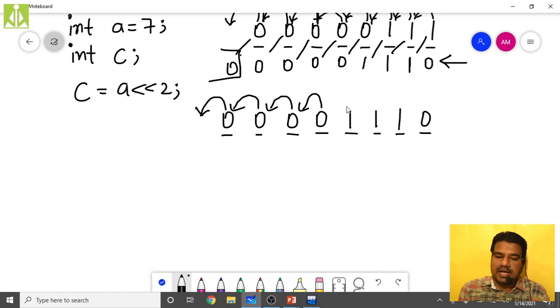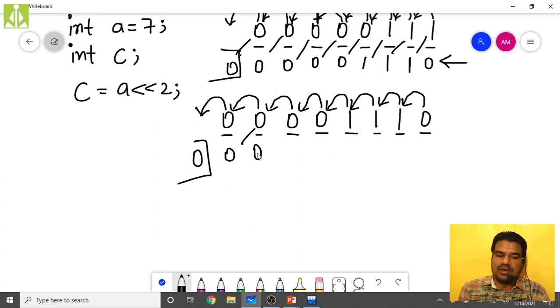So this is the second time that we are performing the shifting. This will come over here and this will come over here, and finally this will come over here. Okay, so this 0 will get shifted and gets discarded. Like this, you put, simply it gets discarded. This 0 we are shifting over here. This 0 here at this place, this 0 under this place. This one under this place, then this one under this place.